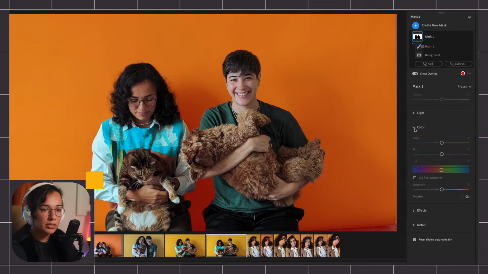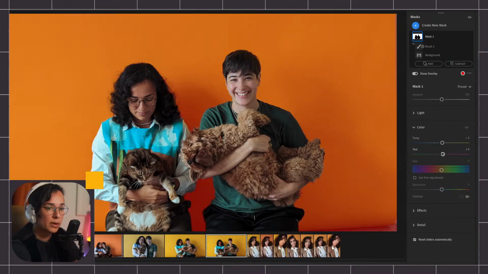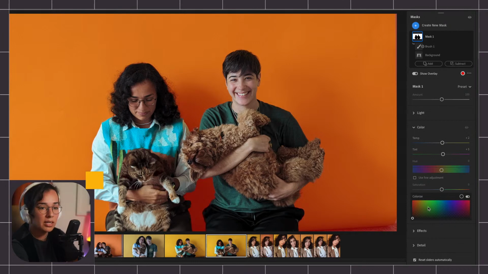So I'm going to go down here and under color, you can see I can already change sort of the temperature of that hue, right? So it's lighter, it's more vibrant. I can change it to a little bit greener, but that doesn't quite change the background color. So what I'm going to do is go into colorize, and colorize is going to give me even more options. So we have,